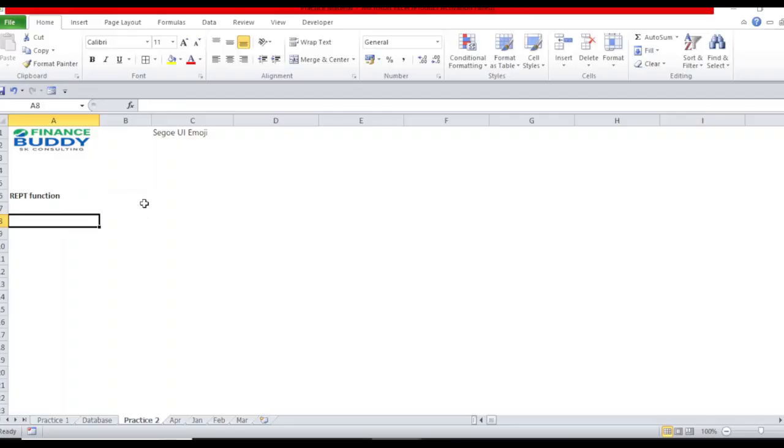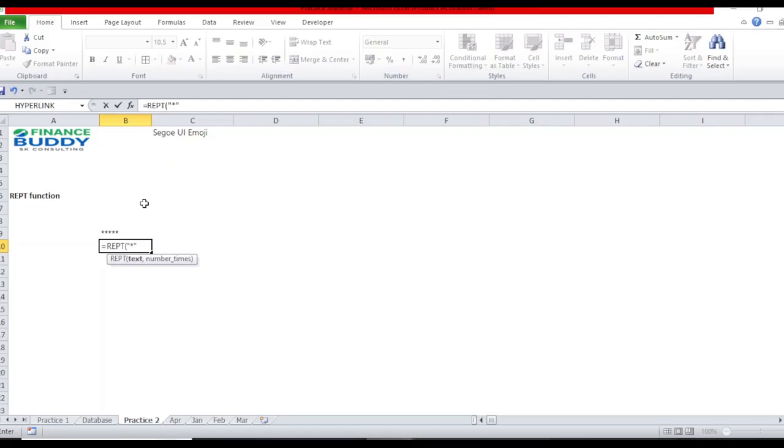Hello friends, in today's video we are going to learn some unique Hatke function, which is the REPT function, which basically repeats anything that you put in. So let's say, for example, I want to repeat a star multiple times. So instead of pressing Shift and 8 and typing star multiple times, here comes the repeat function. So equal to REPT, then the text will be, I will put star here within quotation marks,